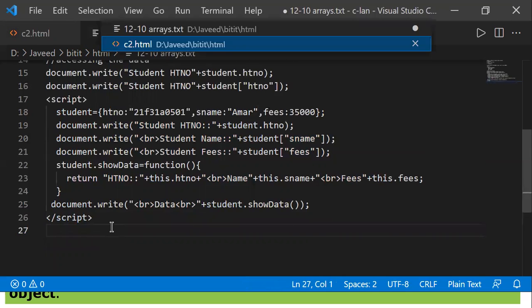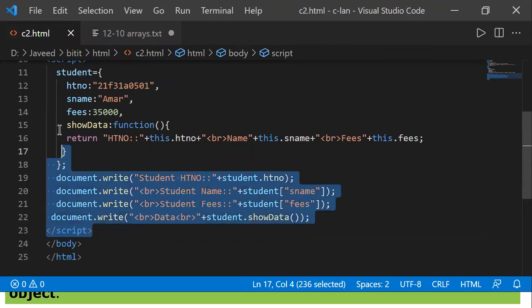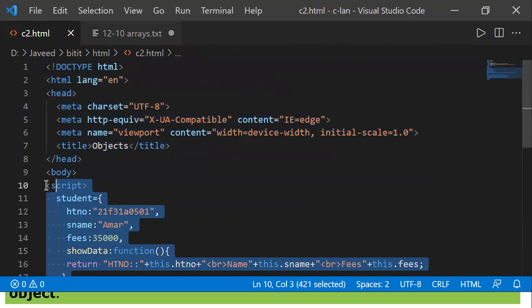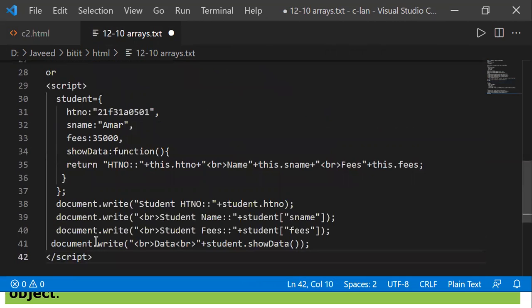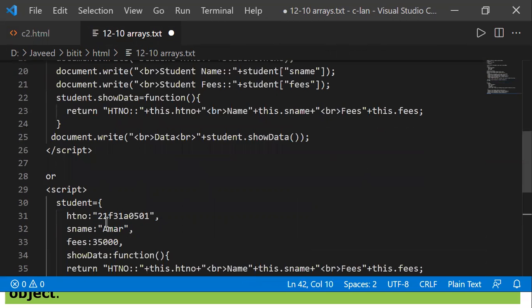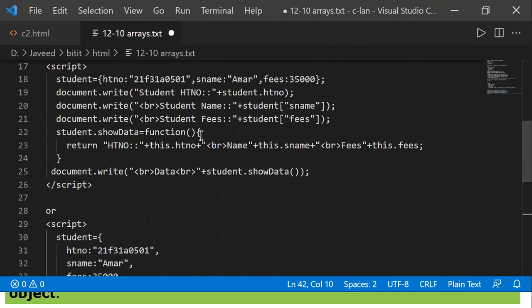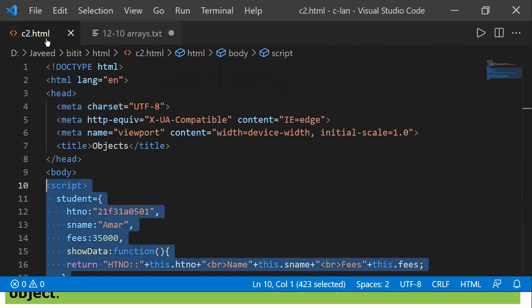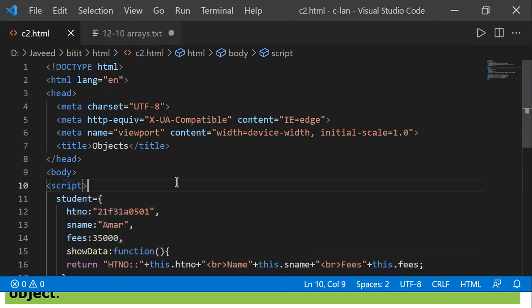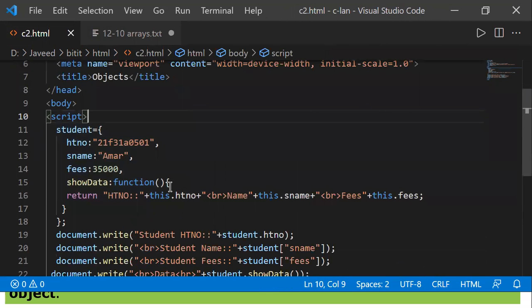It has not copied. I'll just copy this. This is another method I've defined. Either you can have it inside or outside the definition part. So this is outside the object definition, and this part is inside the object definition. Any method can be followed, either this method or the previous method, any of the methods you can follow.